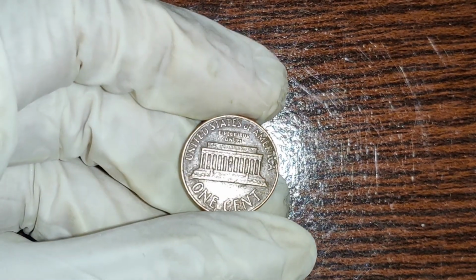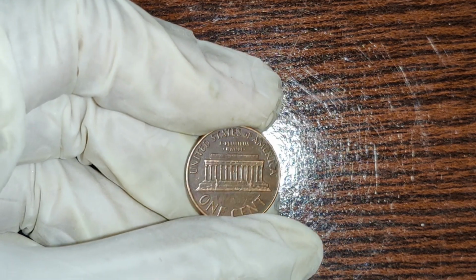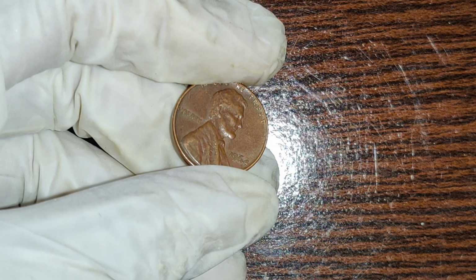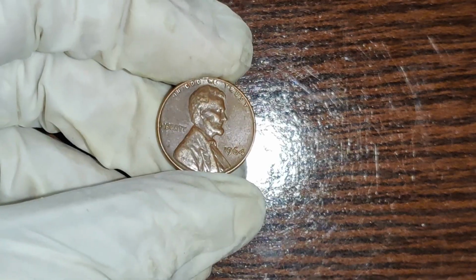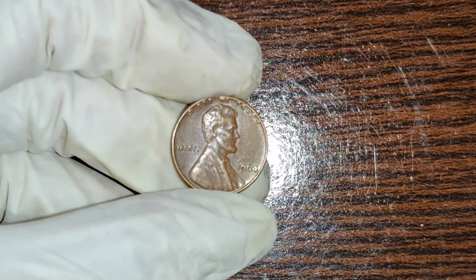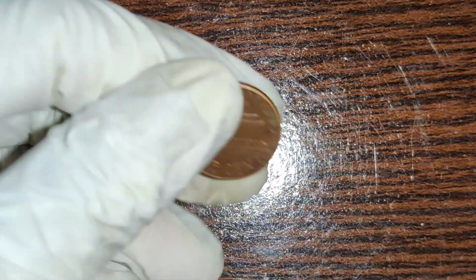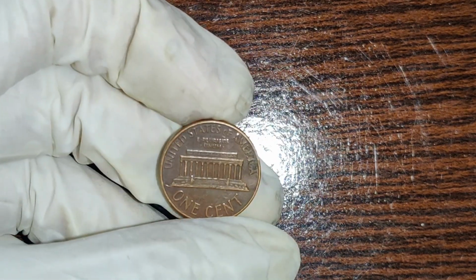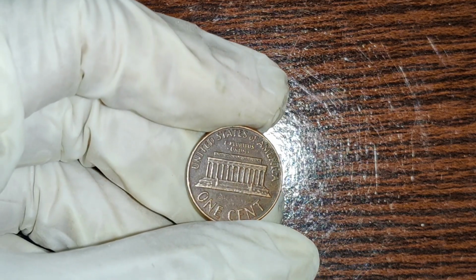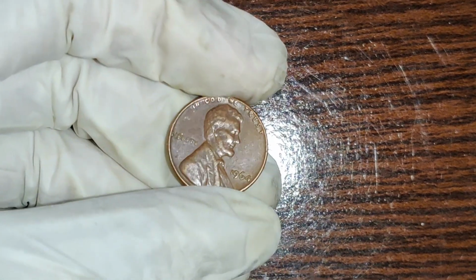2. Off-center strikes. If you come across a 1964 penny where the design is visibly shifted, hold on to it. Off-center strikes can fetch thousands of dollars depending on how extreme the misalignment is. 3. Special composition variants. A handful of 1964 pennies were mistakenly struck on silver planchets instead of the usual copper. These ultra-rare silver pennies are what collectors dream of, and one recently sold for over $12.3 million, showcasing the record-breaking